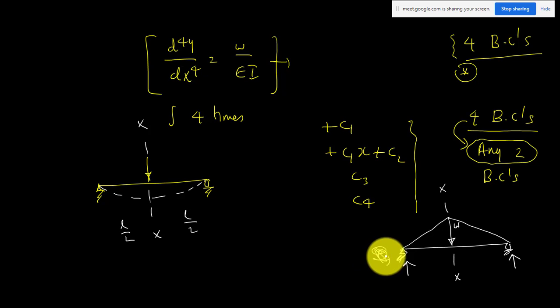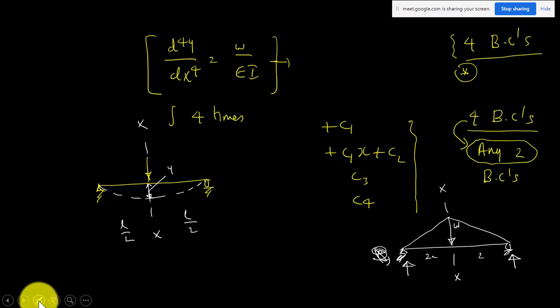So once this reaction is 0, with support I have only vertical reaction, and the loading is symmetric. So in this problem, your loading is symmetric, your beam is symmetric, and if your beam is symmetric it means two terms. It should be symmetric in terms of geometry, this length should be same as this length, the support condition should be same, and also the loading should be same. In that case you can say your beam is symmetric. And if your beam is symmetric, the deflected shape of your beam also will be symmetric. That means your maximum deflection is going to be at the center.